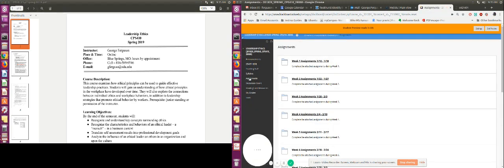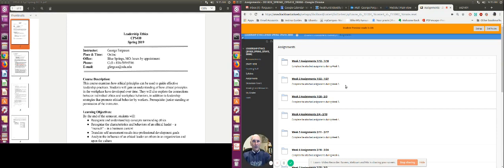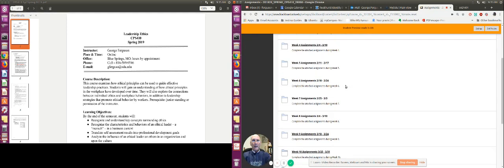Under assignments, you'll notice that each week has a series of assignments, and it shows what the dates are for the various weeks. What you do is you click on it, and it will show you and give you instructions as far as here are each of the things that need to be done. So you may want to make sure that you're clicking them off. To go back to the other assignments, you can always use the breadcrumbs to go and see some of the things. When it comes to submitting assignments,